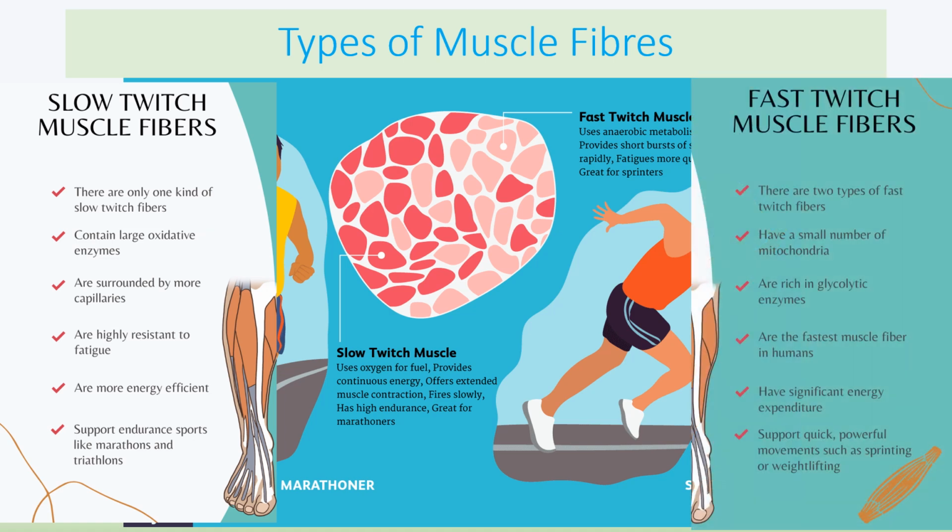But if you train to be a sprinter, you can have 2 types of fast twitch fibers. They have small amounts of mitochondria. They're rich in glycolytic enzymes, so enzymes that do glycolysis, the anaerobic or first stage of respiration. They are the fastest muscle fibers in humans. They have significant energy expenditure, so a lot of energy becomes wasted as heat, and they'll support quick